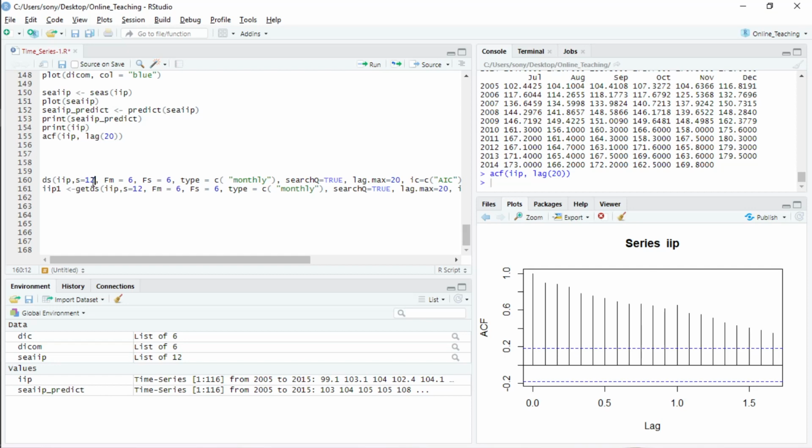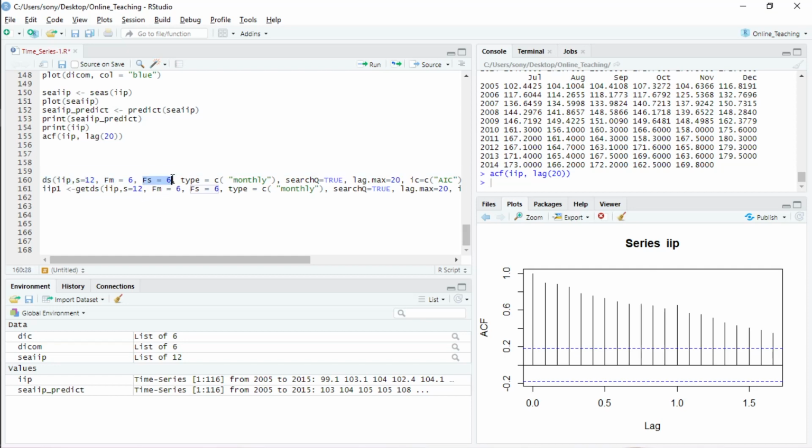S is for whether it is annual data or quarterly data, that way you have to specify S. Then M is for the posterior value for the mean, like how many observations it will take to find the mean, and on the basis of that it will do the deseasonalizing procedure.